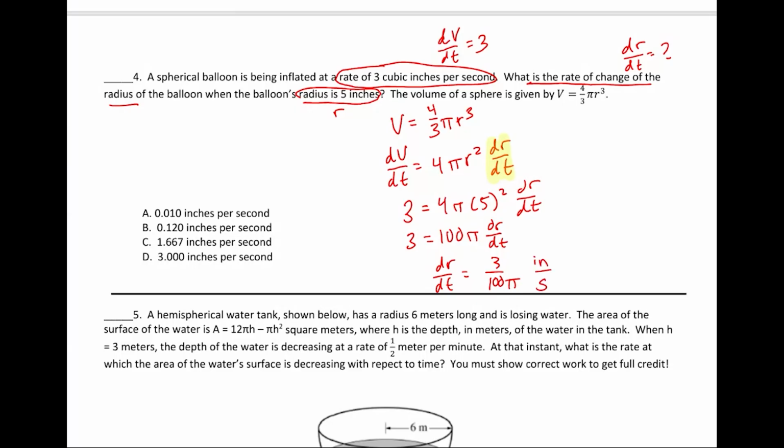But none of the answer choices are written like this. So for this particular question, if the answer choices are written like this, you're not going to be expected to actually divide by 100 pi by hand. This is going to be done with a calculator. I'm just going to type that out off to the side. You're going to have access to Desmos, so it shouldn't be too much trouble to actually type that in. So let's see, 3 over 100 pi is